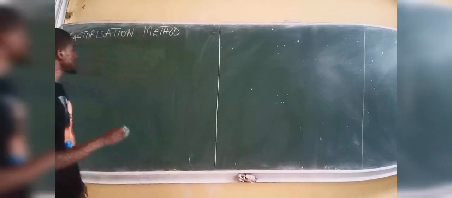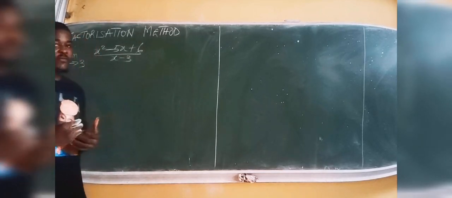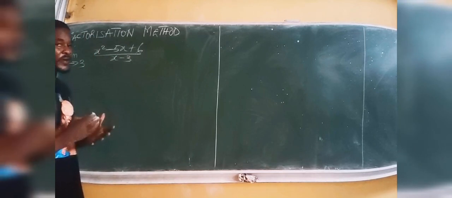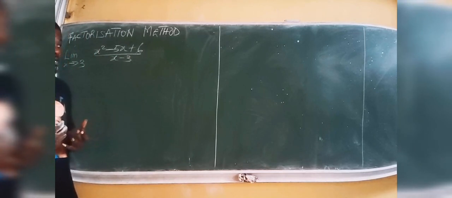Alright guys, so let's say we are given this other example: evaluate the limit as x tends to 3 of x squared minus 5x plus 6 all over x minus 3. Just like always, you always test first by direct substitution. It is when that test fails that we can try the next method. So by substitution,